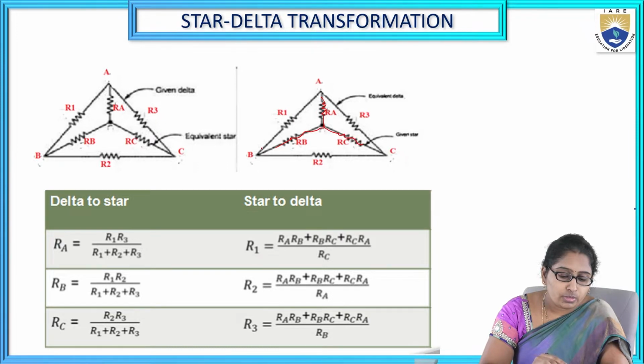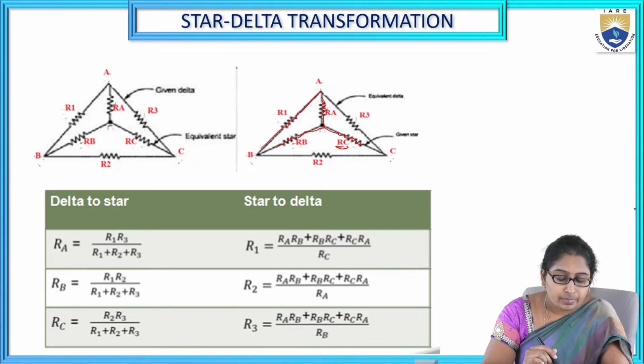Star is given. We want to write this delta element R1. So what is the opposite element to R1 in the star network? The element RC. So in the denominator we get element RC. R1 expression is given by the sum of the product of each two elements in the star network over its opposite resistance in the star network. So for R1, the opposite element is RC, so it is given by RARB plus RBRC plus RCRA